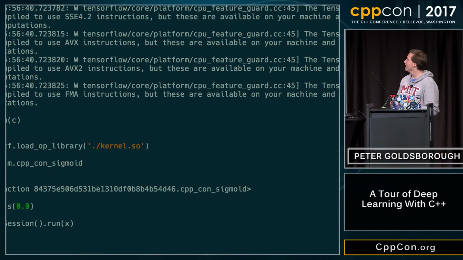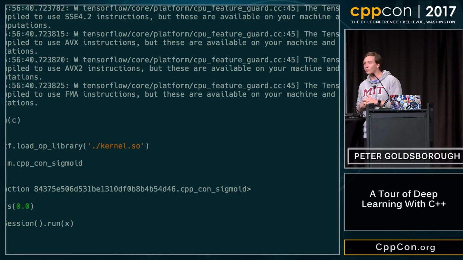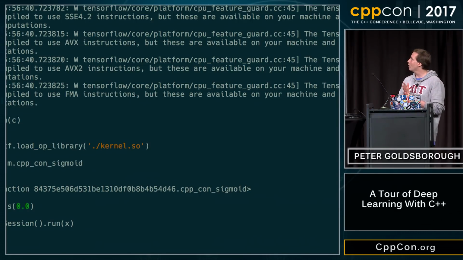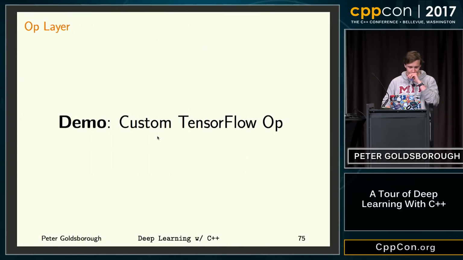OK, it worked. So as you can see, with just around 50 lines of code, we added a kernel to TensorFlow. The one thing that we aren't doing here, which I mentioned earlier, is defining the backward pass, which creates the derivative. The reason is that most of the derivatives in TensorFlow are actually defined in Python, and I'll talk about that more later, but that's one of the problems with TensorFlow that other libraries solve in a better way.